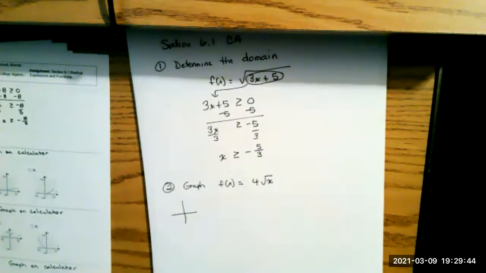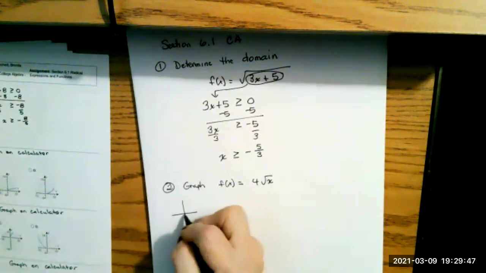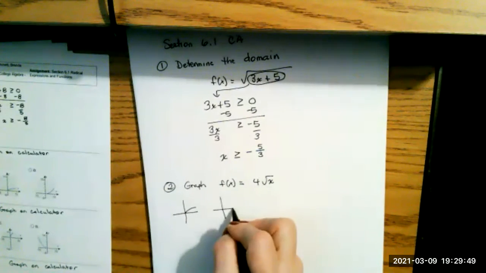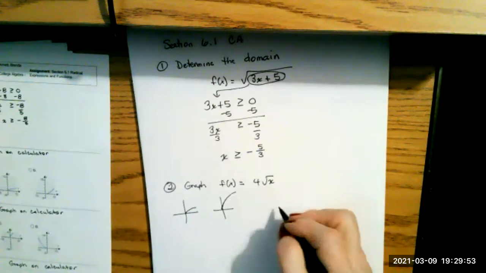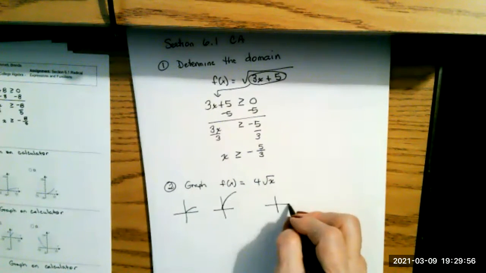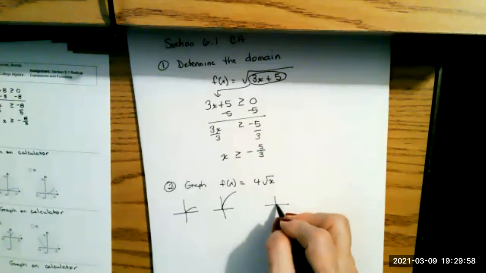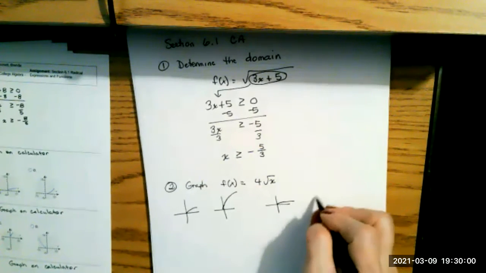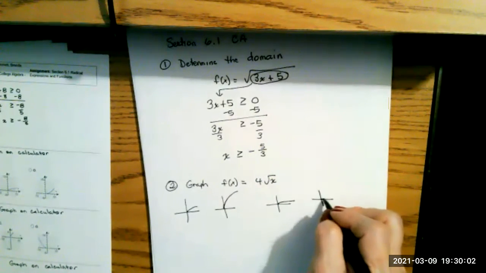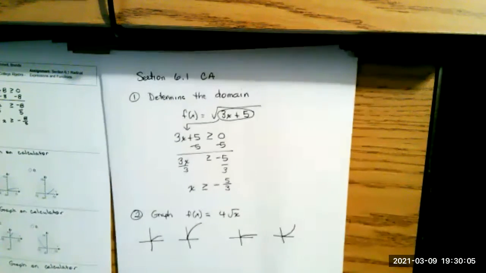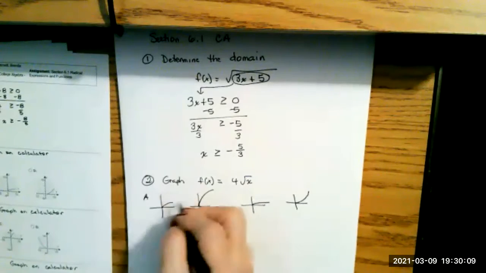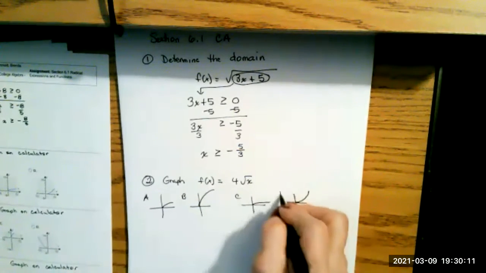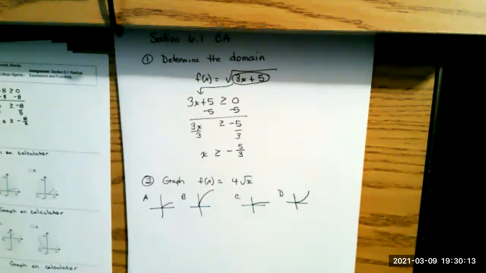They have one that looks like this, one that looks like this, one that looks like this, and one that looks like this. And so what you're going to do is put that, this is A, B, C, D, put that in your calculator. So grab your calculator